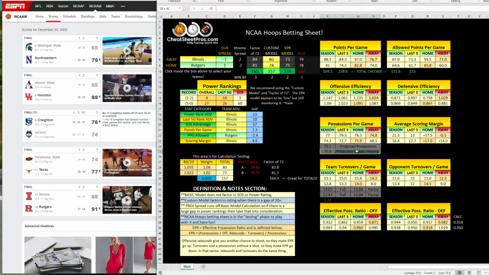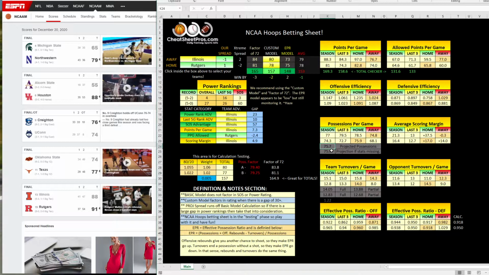And then I have this secondary one just because when I ran this sheet early, some teams didn't have any home games or away games, some haven't played. So if not, it just takes the season and the last 3, and puts it down here. So we have 2 different projections. And then we're going to come over here, and these are how we calculate our weights. We skew stuff for strength of schedule and power ratings and whatnot. But without getting into the details of that, looking at the possessions,